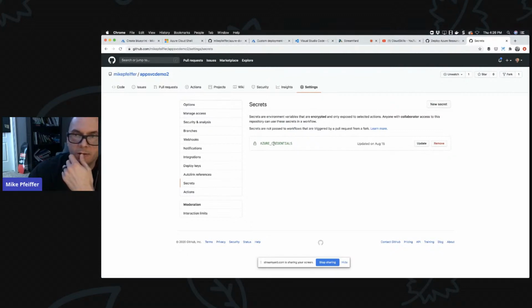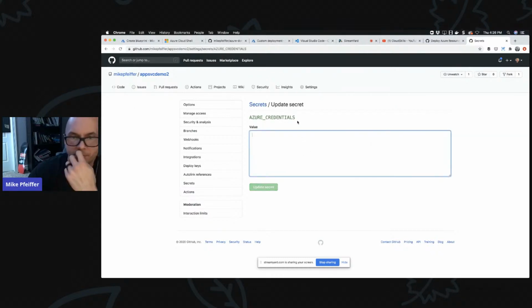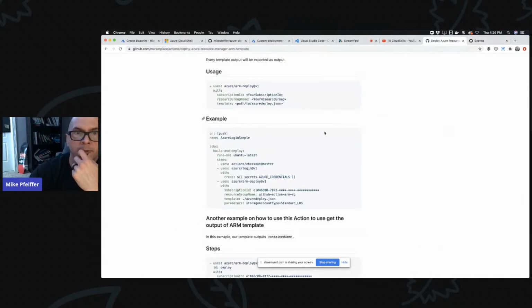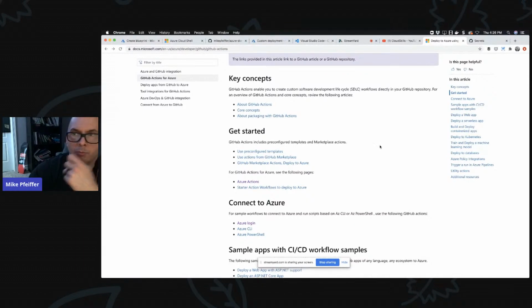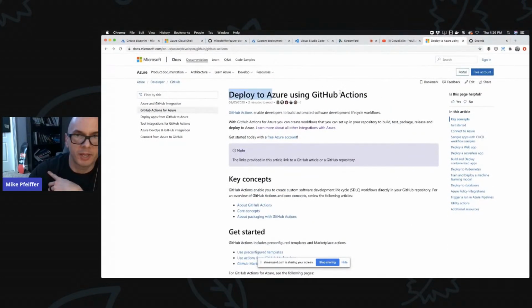So you're not going to see anything in here, but when you build your service principal, you can just plug in the JSON from that right over here. And if you walk through all the stuff that is in Microsoft's documentation, so let me go back. If you follow the getting started stuff on this page, you can totally figure it out. It's very well documented. So that's how I would navigate deploying an ARM template in GitHub Actions.